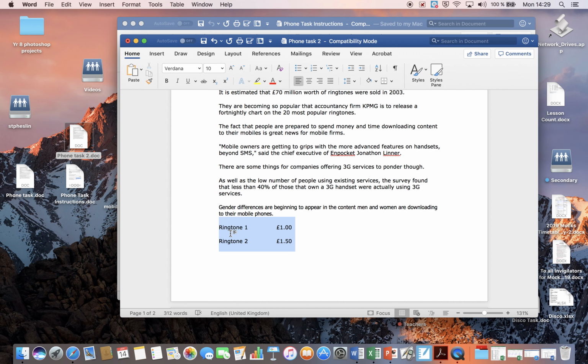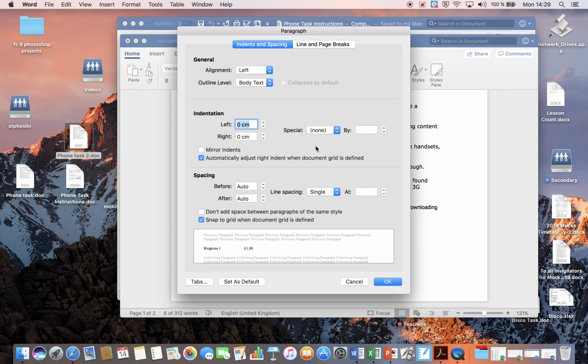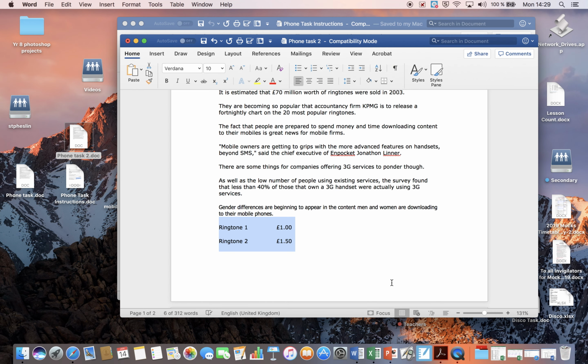I'll highlight those. Double click on it by using 2 fingers and clicking on the mouse pad. Select paragraph, and I will select spacing. Yep, single spacing, good, so I know it's single spaced. Okay,